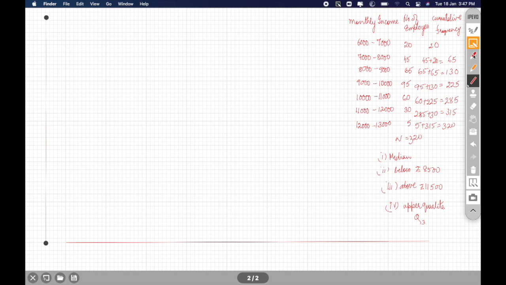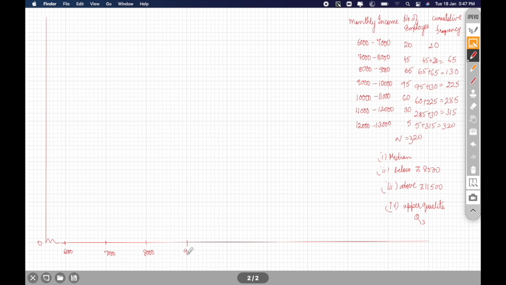On the y-axis, we start with the number 0, that is the origin, with 0 employees. But on the x-axis, we have to start with rupees 6,000, not with 0. So I have to give a kink here. Okay, so first value is 6,000, then all the upper class limits to be plotted: 7,000,